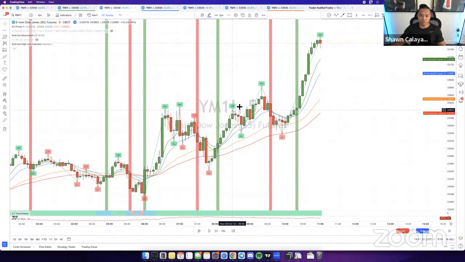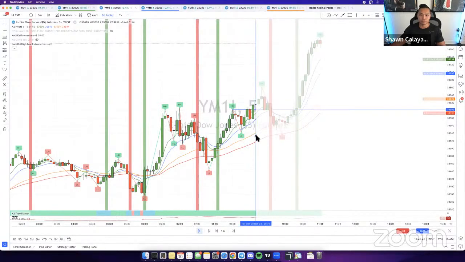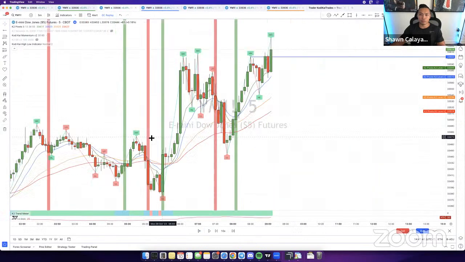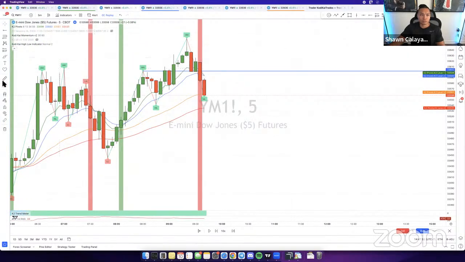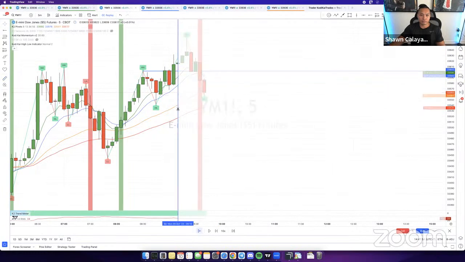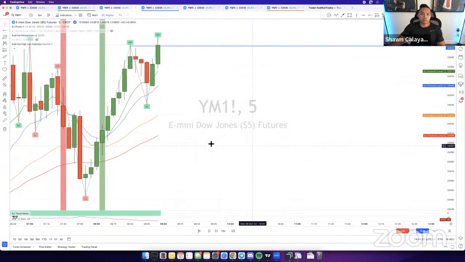So, all right, let me go over here real quick and I'll show you guys. The 5 minute is basically the same strategy. It's just done on a higher time frame, and there's no minimum candles to follow. You just wait for it to follow through. Actually, this one right here happened really quick. You just take it whenever it comes up.